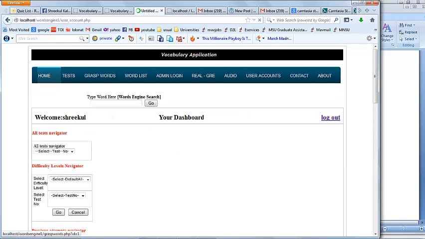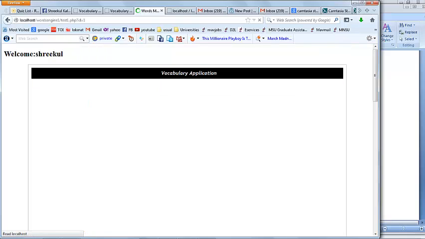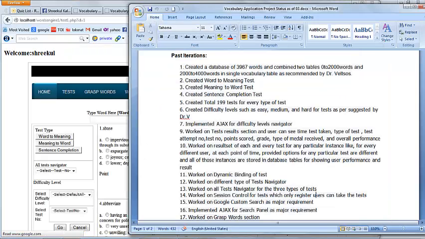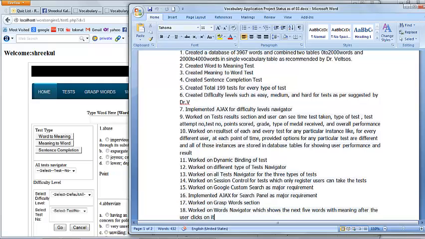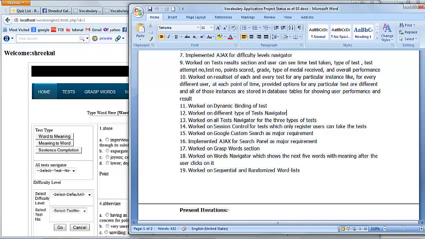Now you can see the user is logged in, and if I hit test, I can go to the test. This is the user account section, but we are still working on it in order for the user to navigate through all of his previous attempts. And other than that, we also